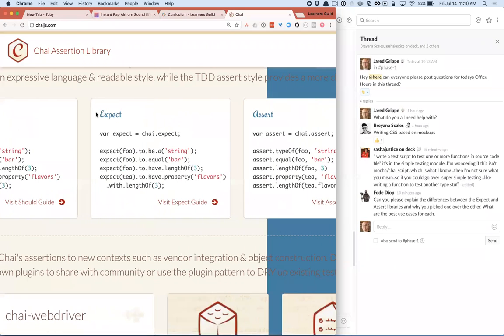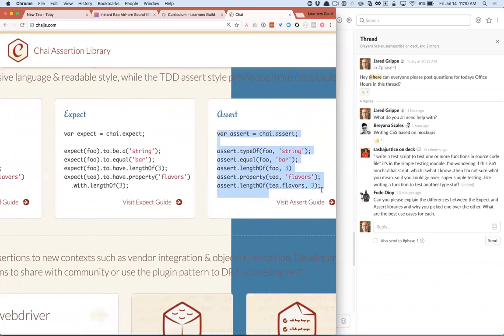So I recommend y'all stay with expect or assert. Assert is actually a fine tool to use. It's a little simpler than having to understand this chaining thing. It's probably a little bit more discoverable because you could just look at what properties are on assert and it will tell you everything you can assert, right? Whereas with expect, I really have to go to the docs, because even if I log everything that's on the expect object, it's probably going to tell me just there's a to and a not or something like that, right?